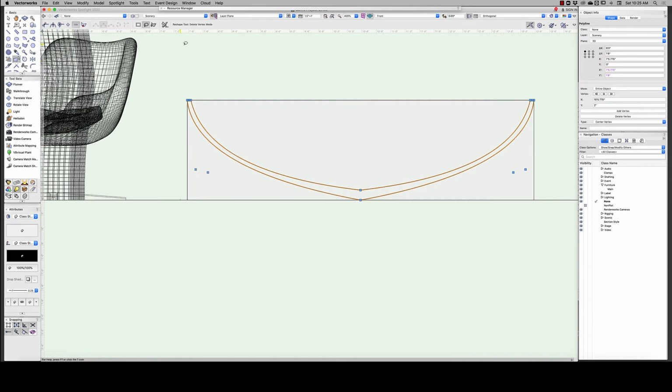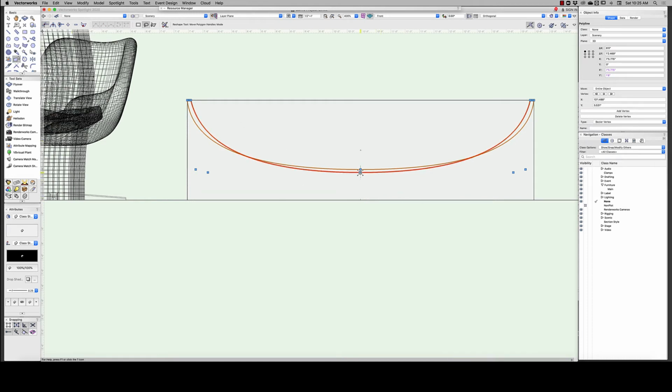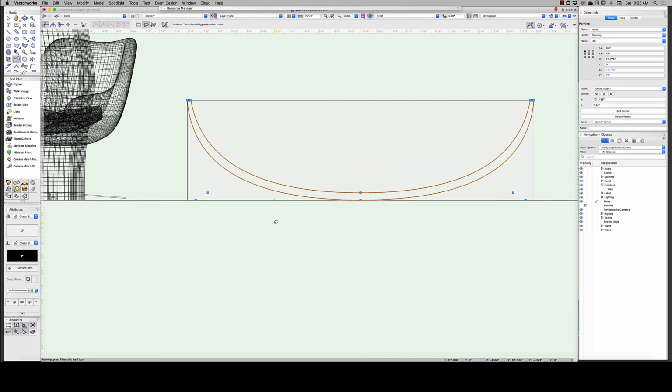We're going to delete this point and this point so that now it's got a smooth curve. And then we can take, let's see which one. This is the bottom. We can drag the bottom back down all the way to the bottom, and then we can reshape this so that it's more like that. So there's our